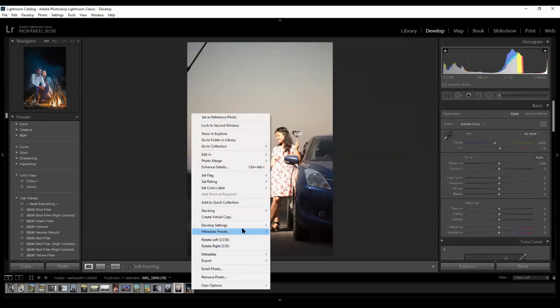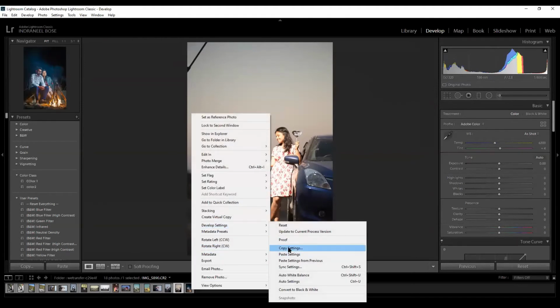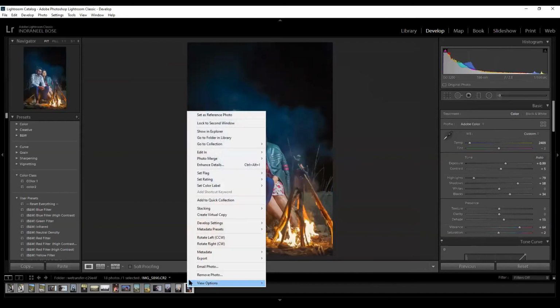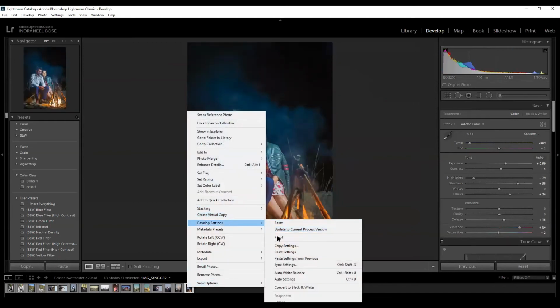By doing this, it will remove the local settings. But when you copy the settings, see, local brushes are gone right now. No, I'm taking the wrong way. This is the right way. Okay. Now let's go. Copy settings.